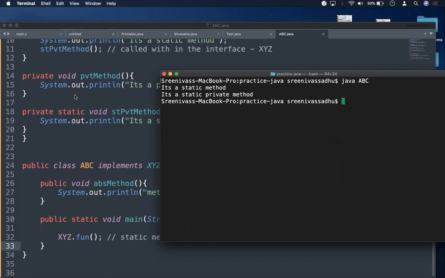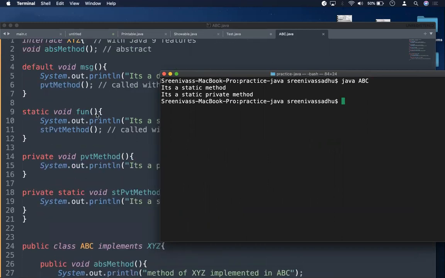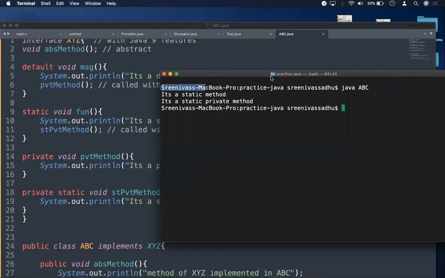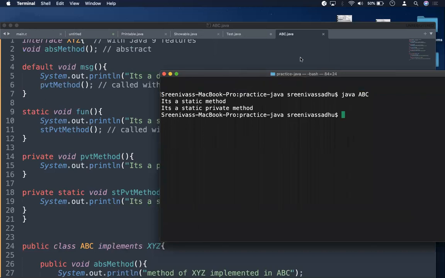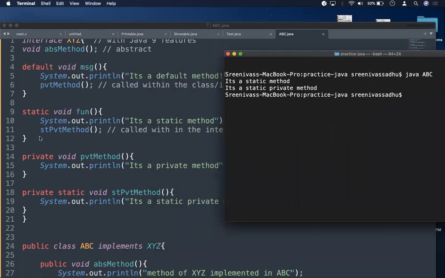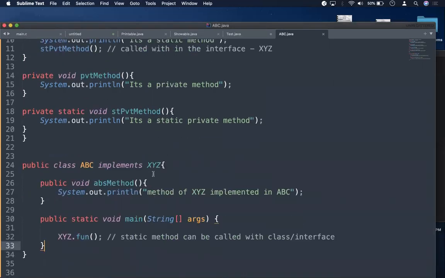Now it's working, right? When I go to the fun method, it's a static method, and there is a method call. The private method is called inside the method, so I can see it's a static private method. It's working, and I don't require any object. But in order to call